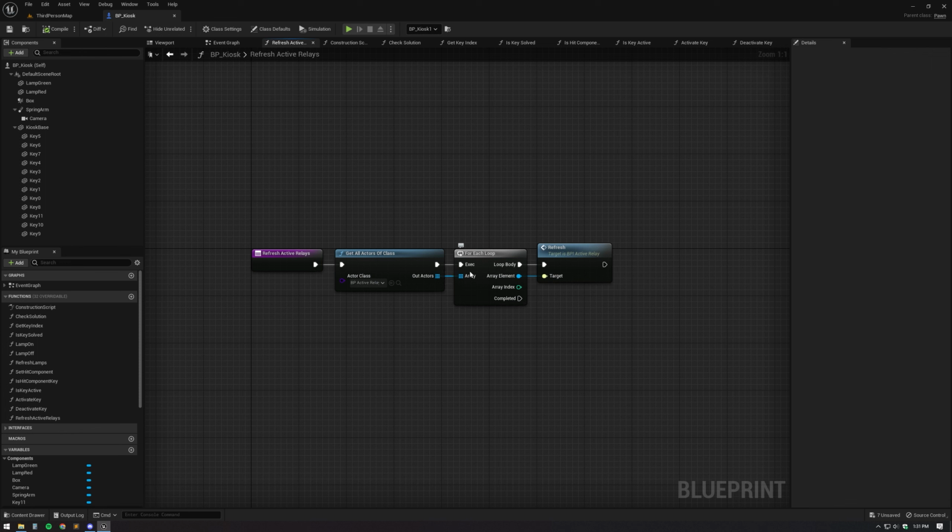If there's one or more, it goes into a for each loop and basically just says, hey, refresh. And that refresh function basically tells the managing object to say, okay, I need to check my source objects, and based on the state of those source objects, should I tell my target objects to also refresh? And that's essentially it for the